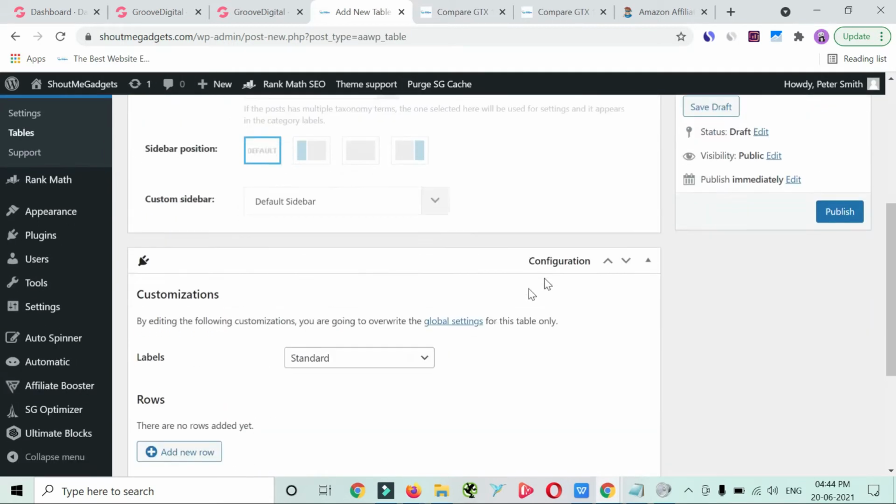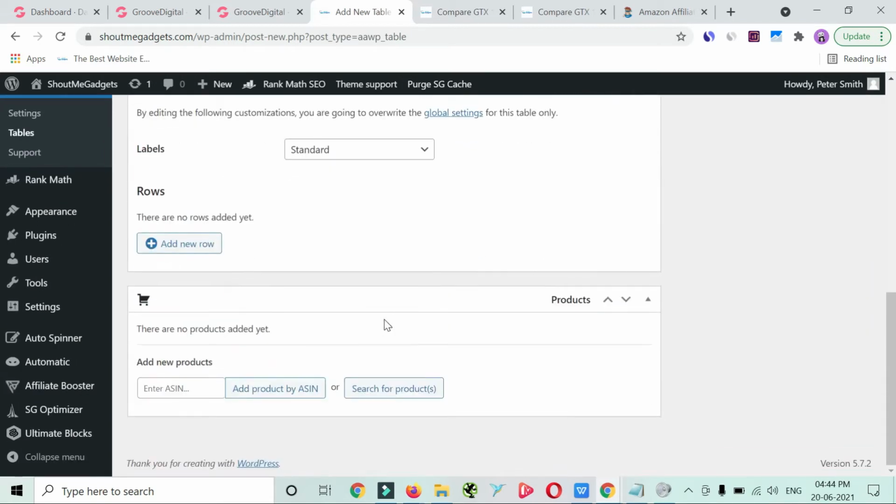Don't change any of the settings, just go down. Now you need to add the products. There are two ways to add the products, one by using the ASIN number and another via search for products. The ASIN number has been given to all the products on the Amazon website, so it will be very difficult.